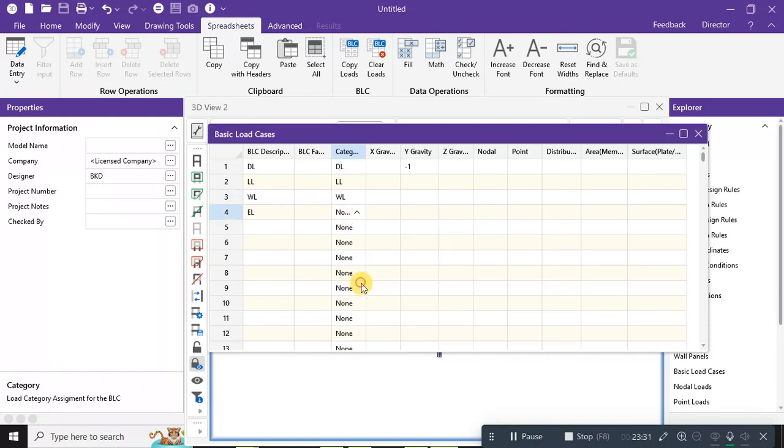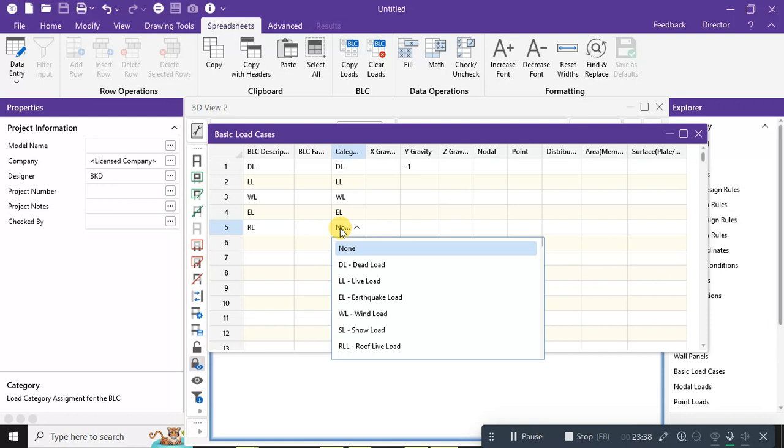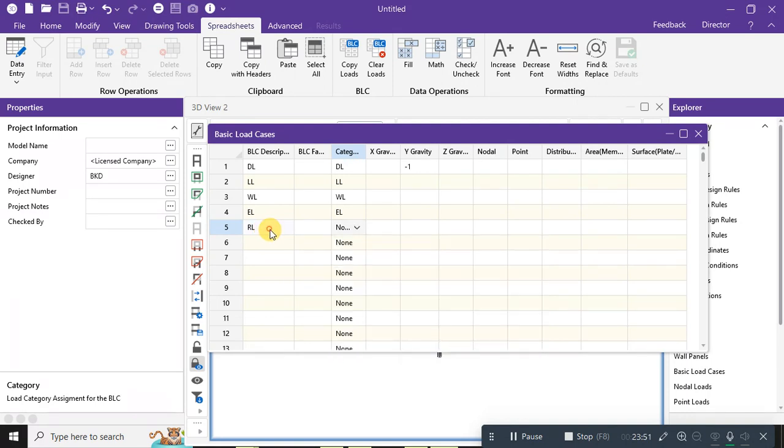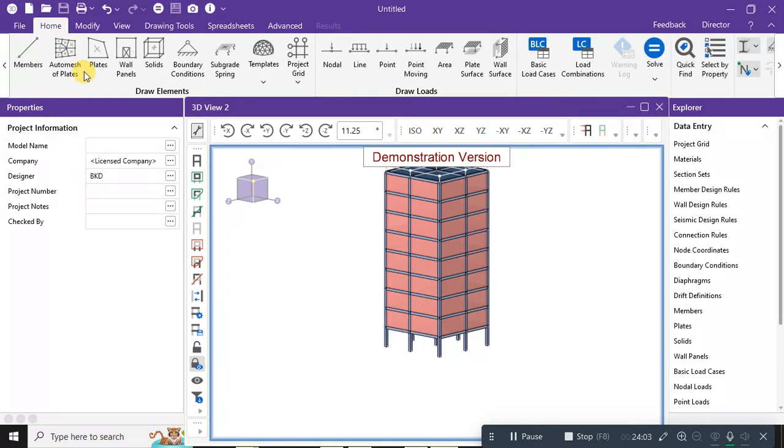Okay, then there is also the requirement of the roof load. Though roof live load is already there, the roof dead load will be calculated under the dead load. So there is no requirement of roof dead load. So let me remove the roof load because it's not necessary to apply it. Okay, now close it. After closing it, let me close this one. After closing it, now I will go to the